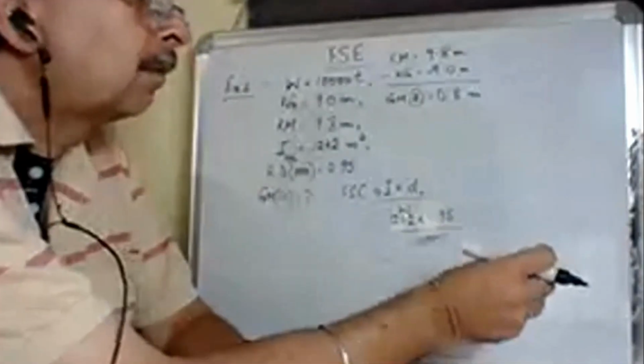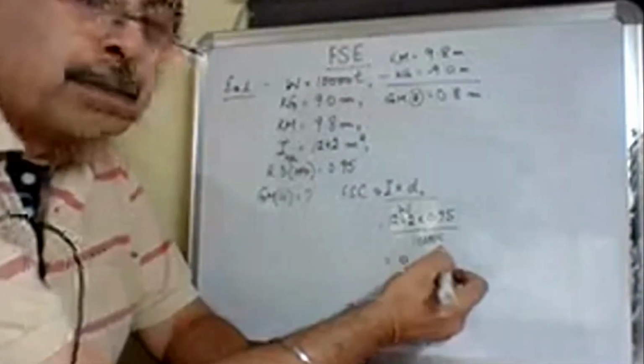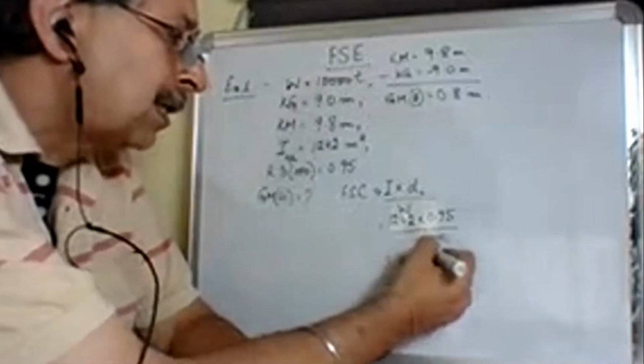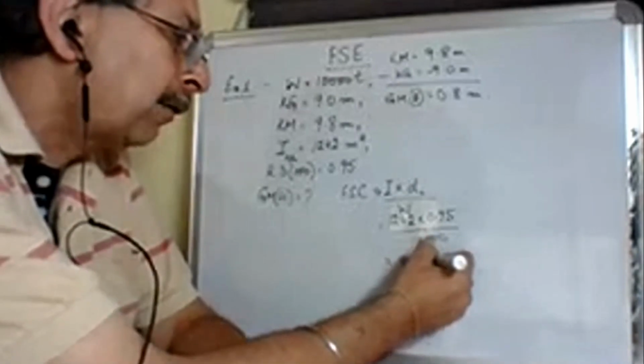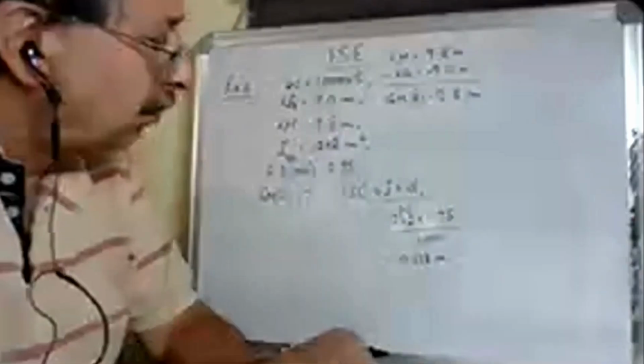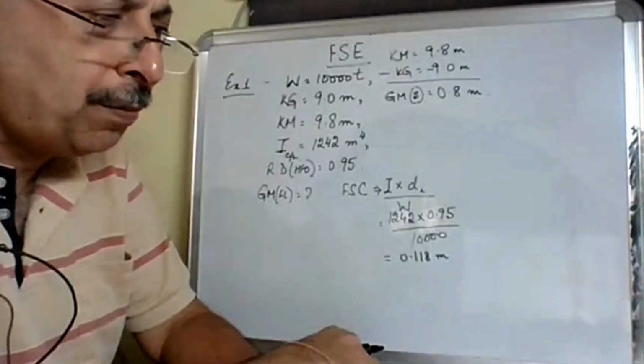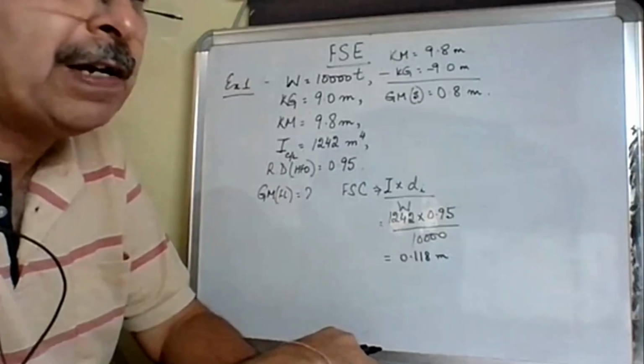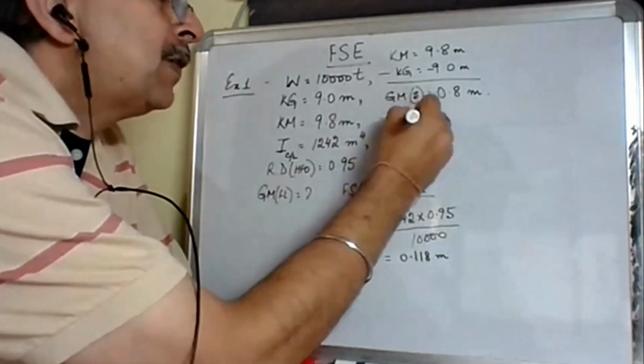Zero point 0.11 117. आगे क्या है 7 के 799 तो 18 हो गया ना. Yes. Be very careful with your calculations like this. Don't make these mistakes. Be very careful. So FSC is coming as 0.118. So GM solid minus FSC